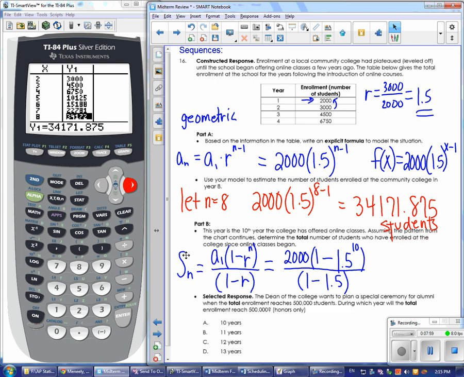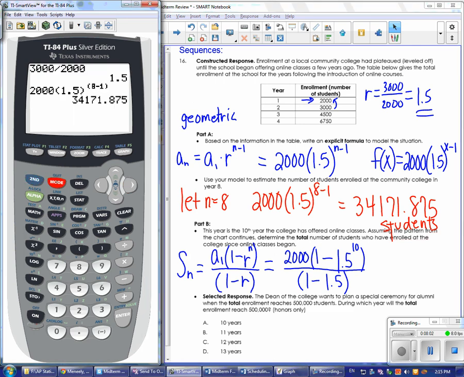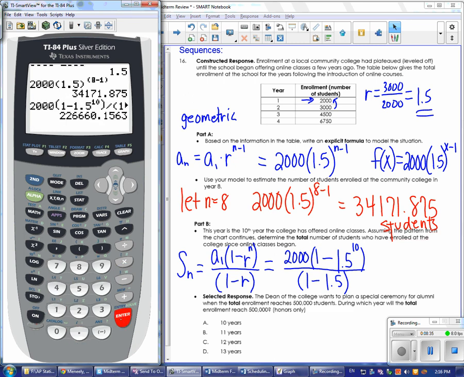Okay, so I'm going to go ahead and type that in. So I'm going to have 2,000 times, oops, I'm sorry, I'm doing the wrong formula. 1 minus 1.5. Raise that to the 10th power. Make sure you pull the cursor out of the exponent and close your parentheses. And then I want to divide by, and again, make sure your denominator is in parentheses, 1 minus 1.5. Okay. And that will give me my total, which looks like